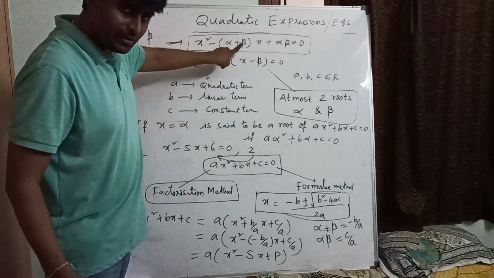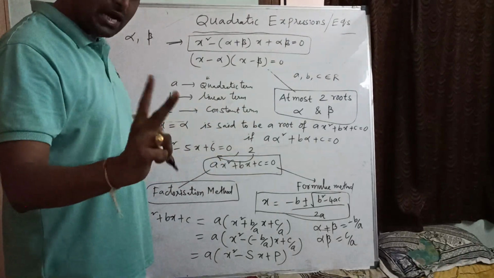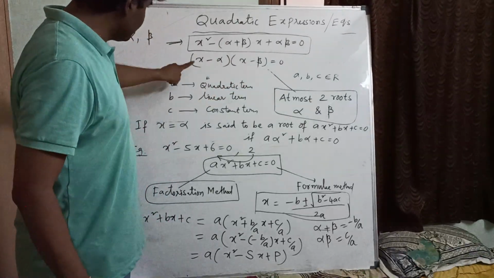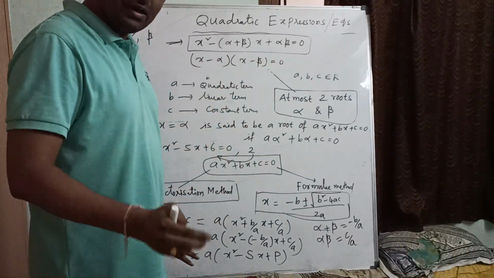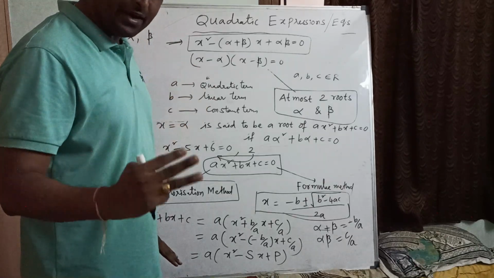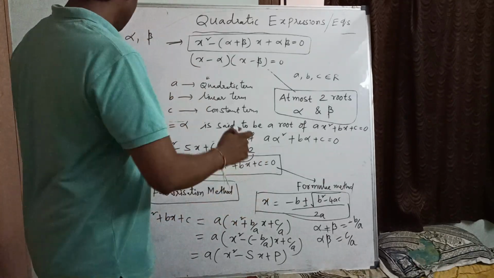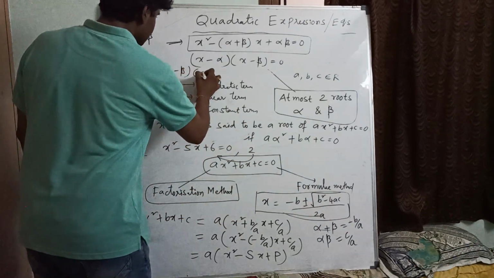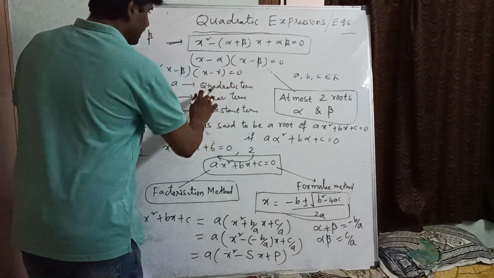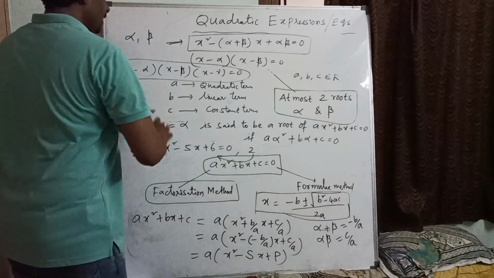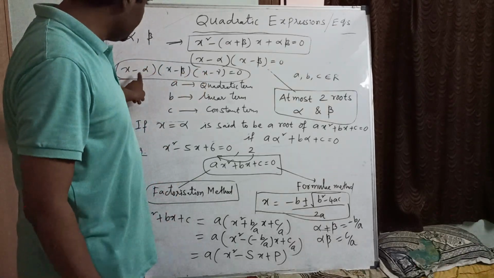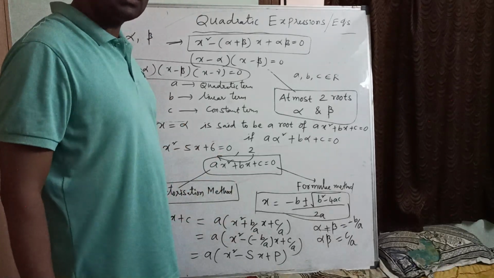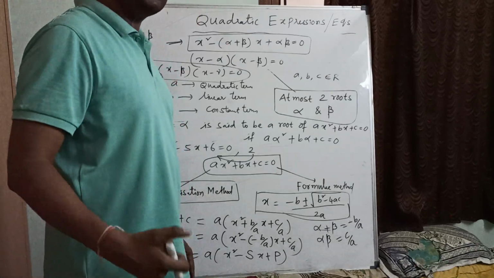We need not memorize this formula. Whenever you are given two roots alpha, beta, x minus alpha into x minus beta, that is x minus first root into x minus second root equals 0. For example, if you have three roots while finding a cubic equation, then I write x minus alpha into x minus beta into x minus gamma equal to 0. Whenever you multiply and simplify this, we get a cubic equation which has these three roots alpha, beta, gamma. Simple. So finding the equation from the given roots is very easy. It may be a quadratic equation or a cubic equation.